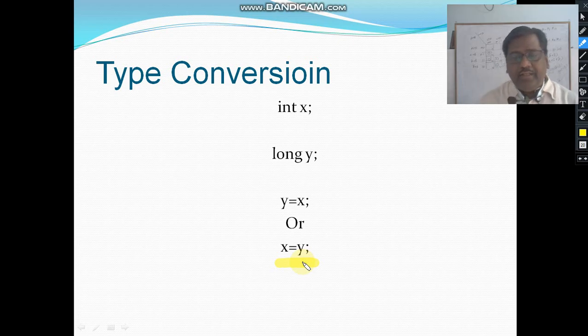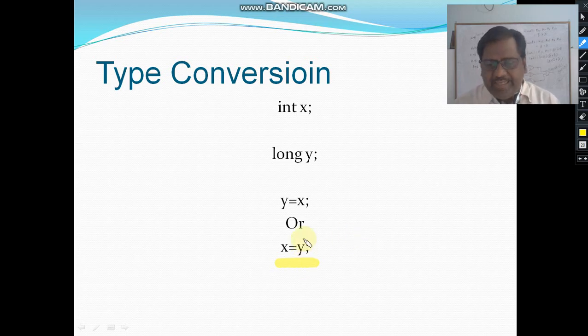The value on the right hand side is a long whose size is 8 bytes. That means we cannot store a larger container value into a smaller container. That's why it's an error. But in that slide I was explaining type conversion, not explicit conversion.